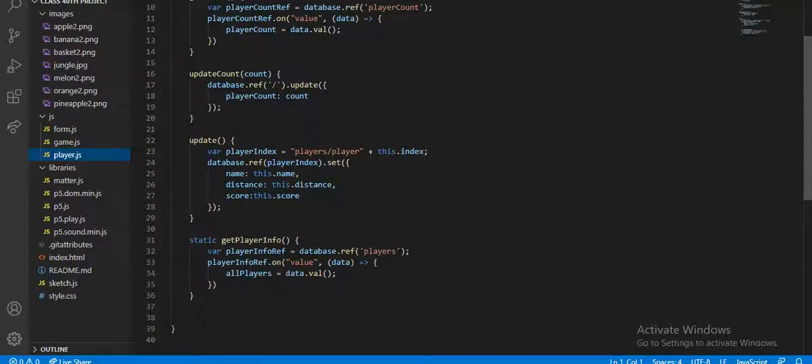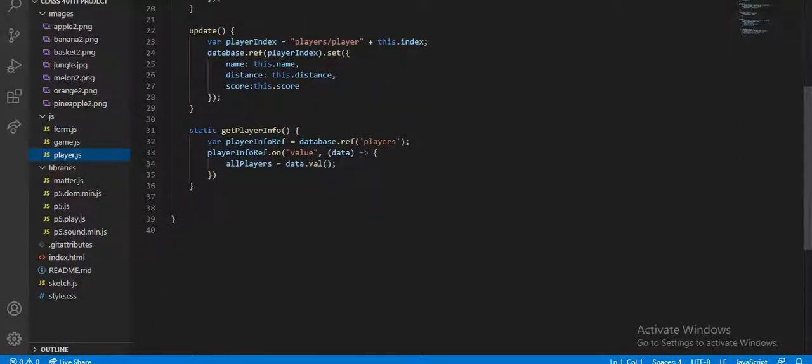Then update means it's updating the player index in the database, this.name, this.distance, this.score.